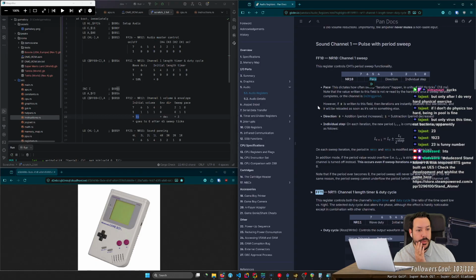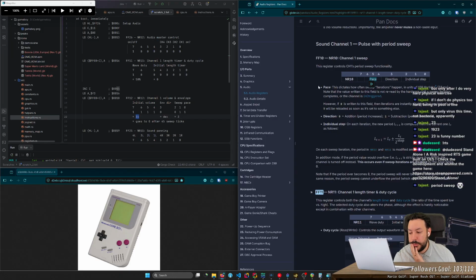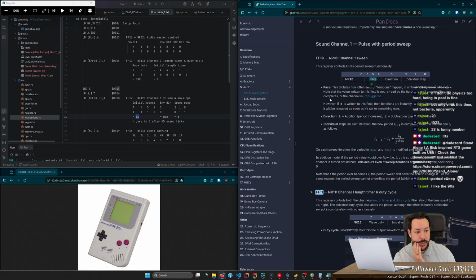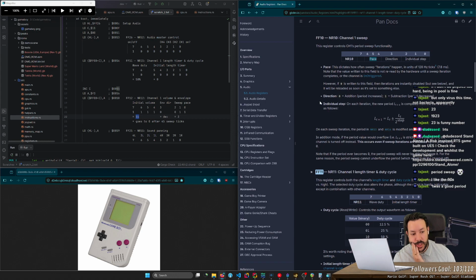So the pace here will be 0, I think. Period sweep. I think this is supposed to increase or decrease the pitch over time, which means the frequency. But I don't know how to plug the frequency in here.